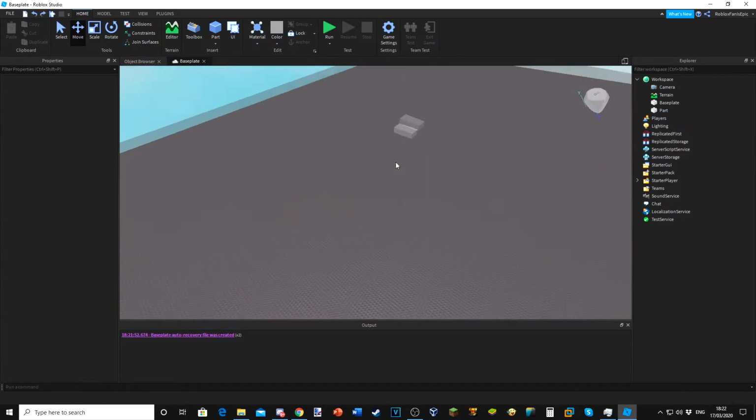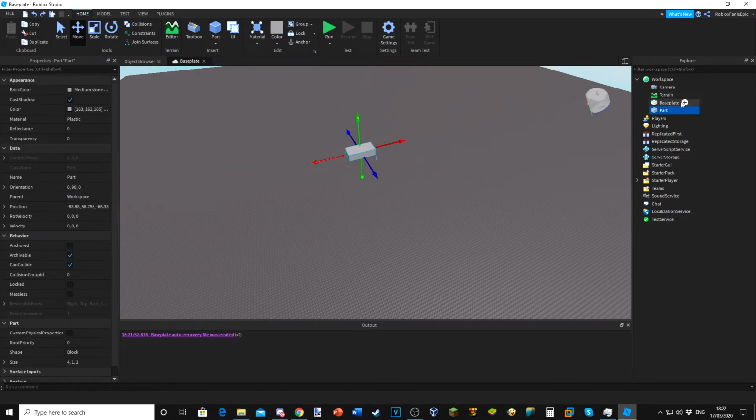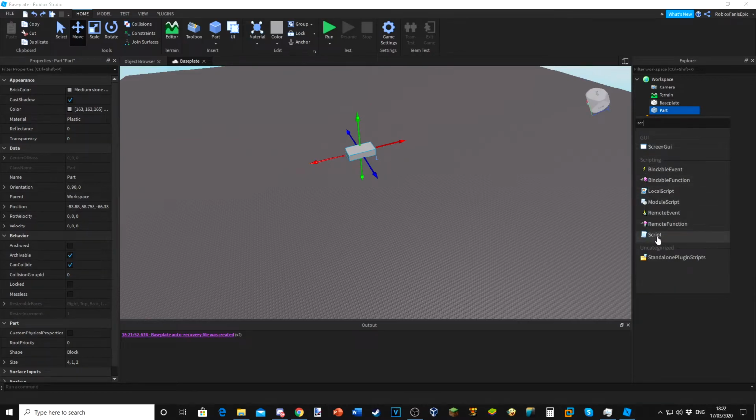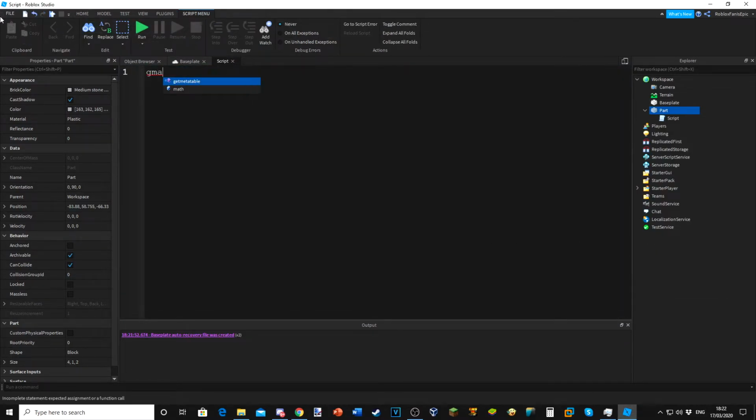So we've got a little block here. What we're going to do is insert a new script into it. We're going to do game.workspace, and I'll actually give it a name. Click here, change the name, and let's change it to block. Game.workspace.block. It's not called part, it's called block, as you see. Then I'm going to do dot